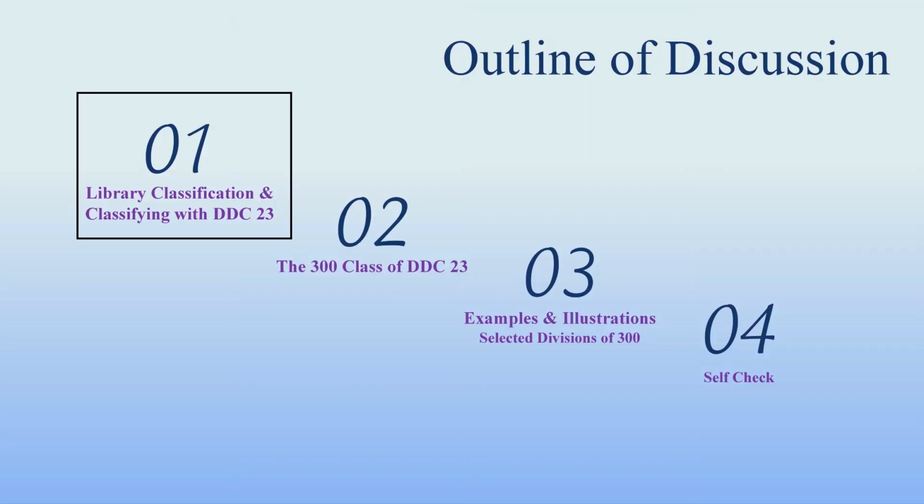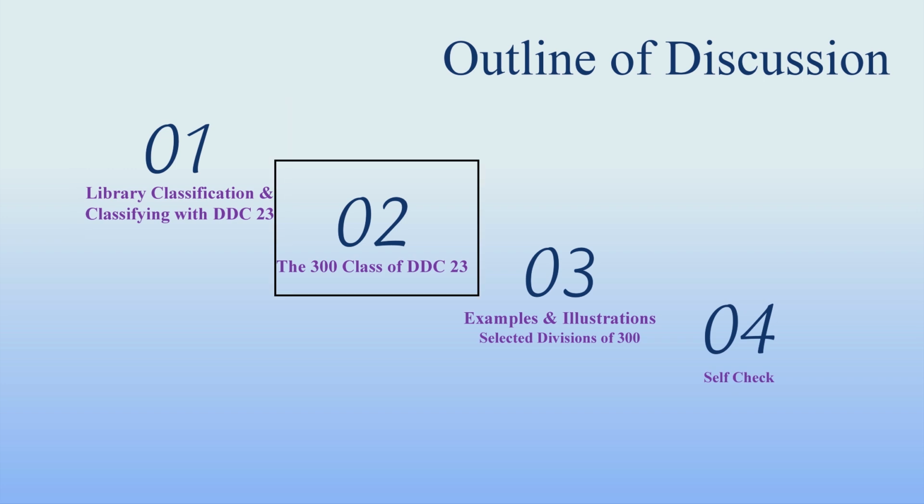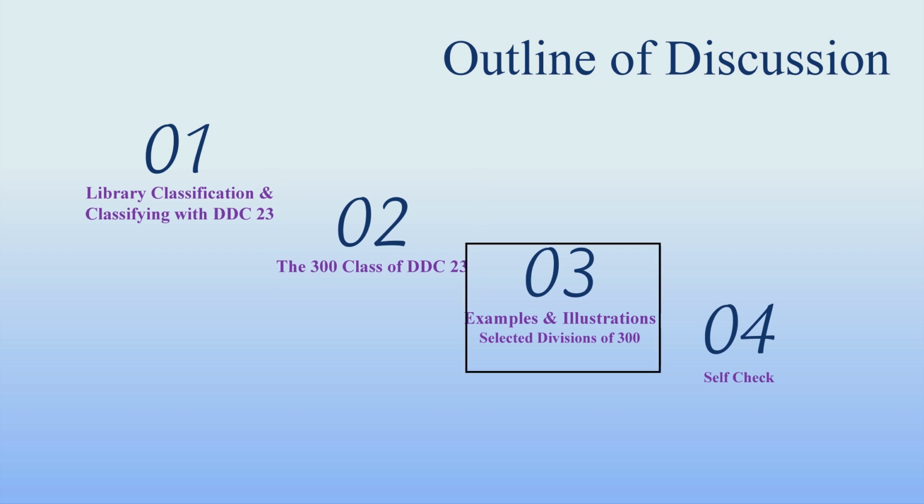Today, in this particular session, we will discuss one of the important classes of Dewey Decimal Classification, that is 300 Social Science. Before we get into details, let's have a look at the arrangement of the discussion. At the beginning, we will start with library classification and different library classification schemes. Then we will shed some light on the class of today's discussion, that is 300. Later, there will be some practical examples through which we will try to understand